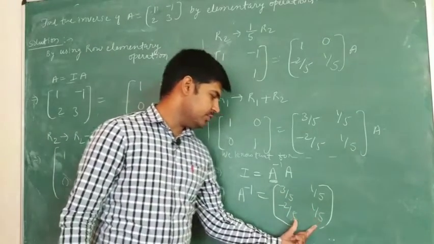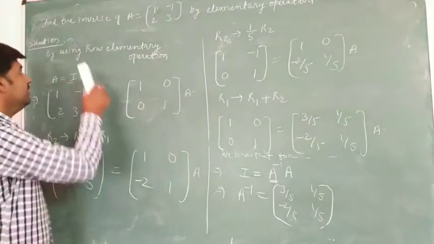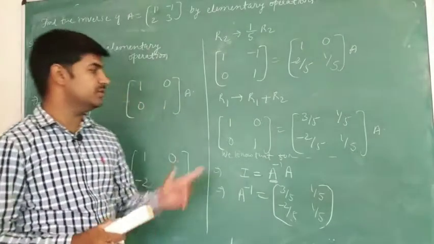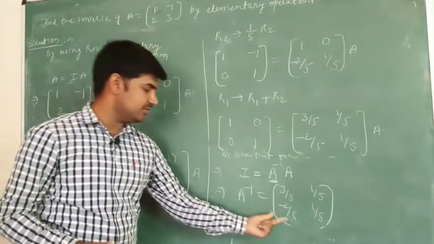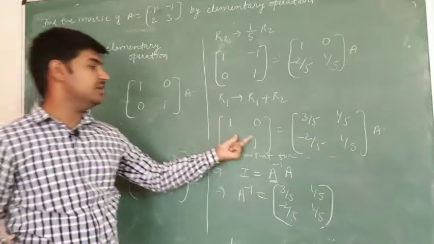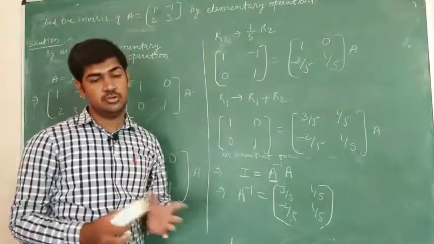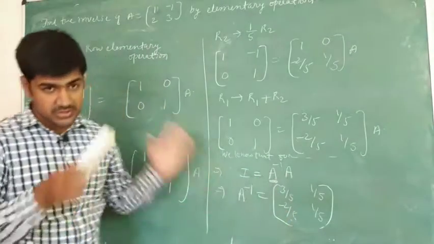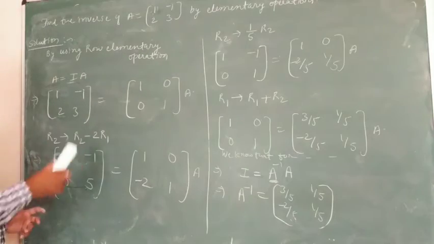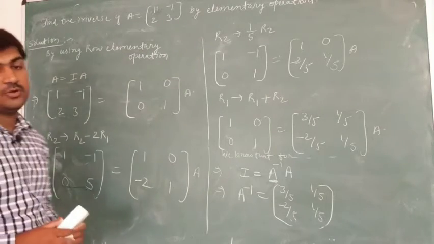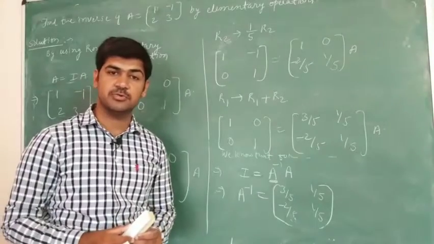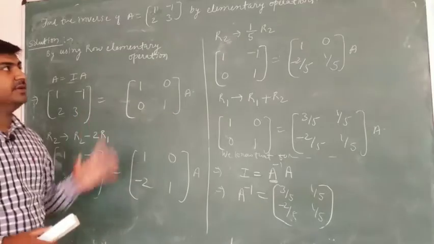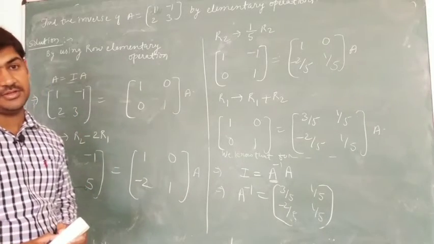You can verify also. You can multiply this A inverse by A. You will be getting what back? You will be getting the identity matrix. The product of A inverse and A will be an identity matrix of order 2. Therefore you can say yes, this is the inverse of matrix A. So this is how we have to use the elementary operation, row elementary operation or transformation to find the inverse of a square matrix. Now